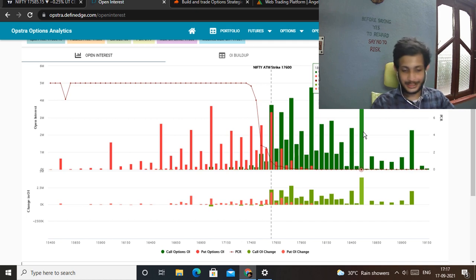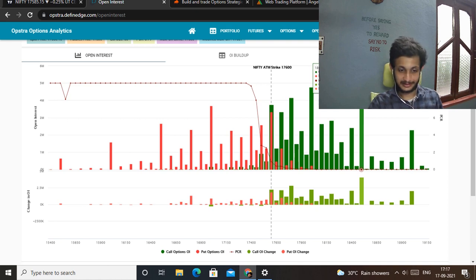So ignore this one. In case you see such things, you have to think logically that people are hedging their positions. People will buy a far OTM call option, and it usually happens, it's a point of psychology, that all of them gather together in a single strike, and such things can be seen, like this 18,500 call. So ignore this. This is a buyer-created thing.